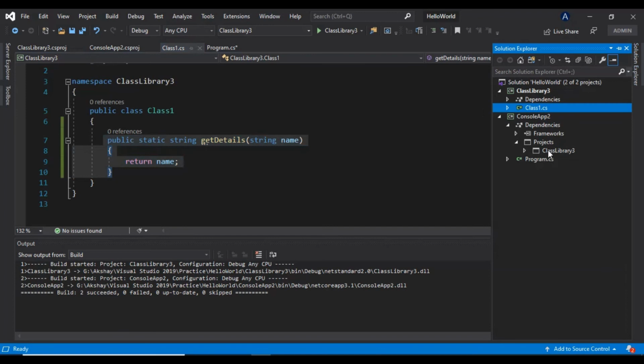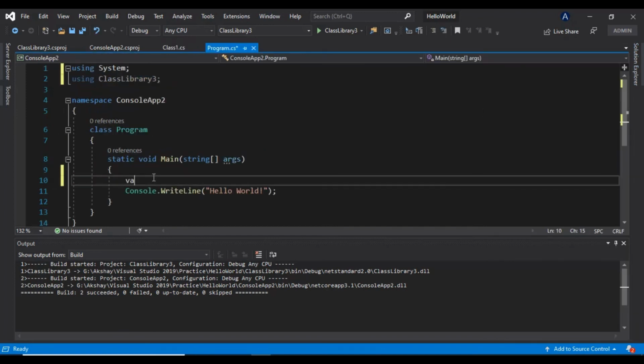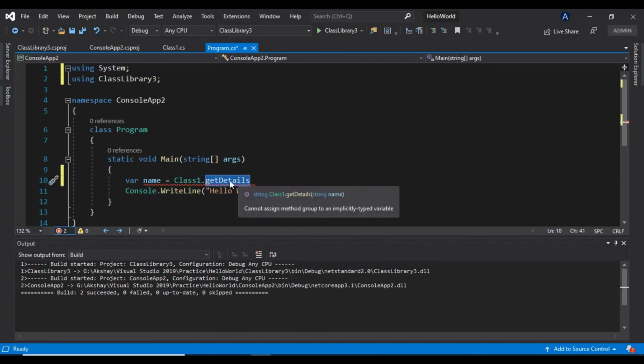Now in this program we'll have one variable, name. This class library project has one class, Class1, and that Class1 has this GetDetails method. Now how can this GetDetails method be called using only the class? Because this method is static. For a static method we don't need to create an object of this class, so we can call this method on the class name itself.